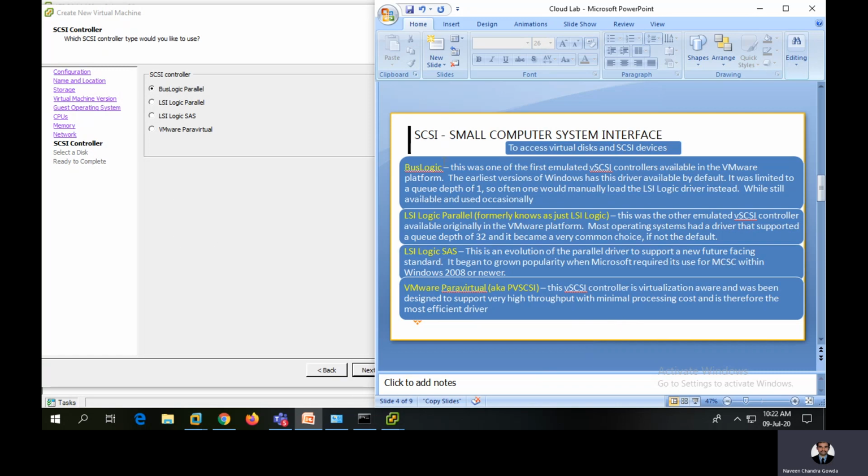It can be BusLogic, it can be LSI Logic Parallel, or it can be LSI Logic SAS, or it can be a VMware Paravirtual, right? You can opt for any of these 4. You can also make a difference or make a usage of these also. I just listed them out here, right? So when you make use of this BusLogic,